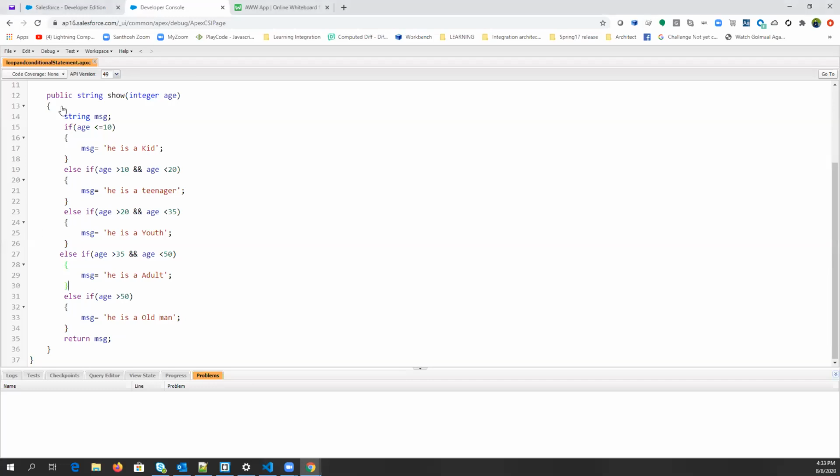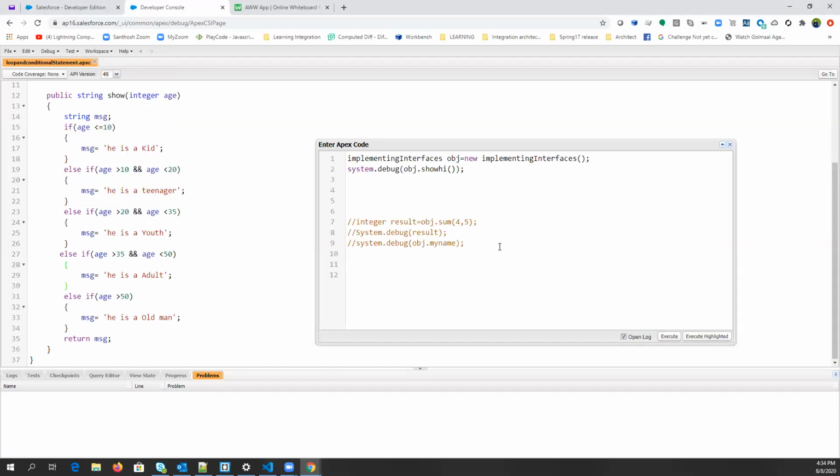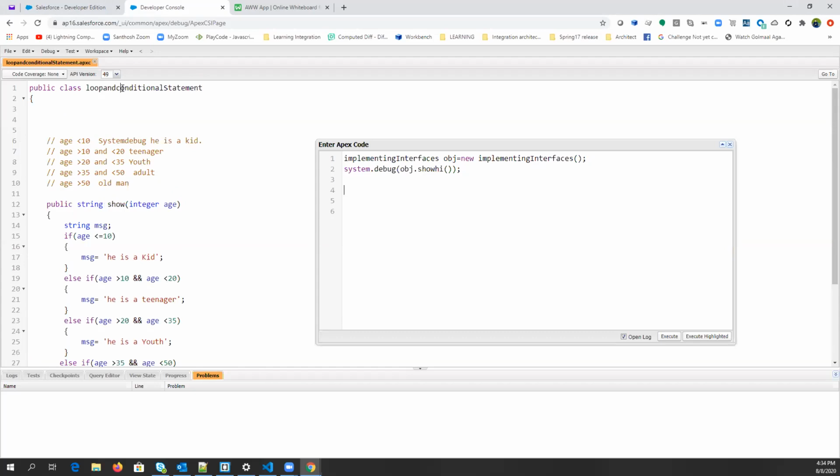Okay, we can simply create an object of this class and call the method. What is the class name? Loop and conditional statement. And you can simply call show.